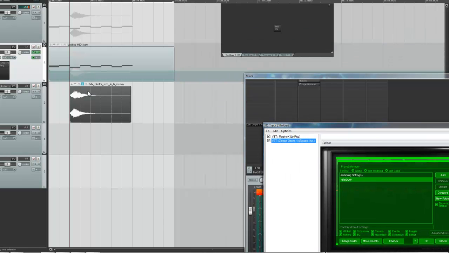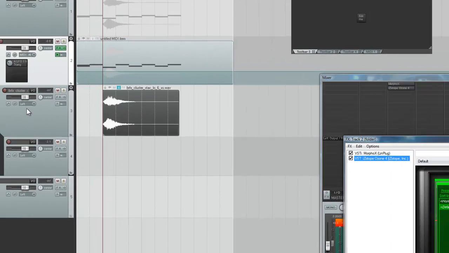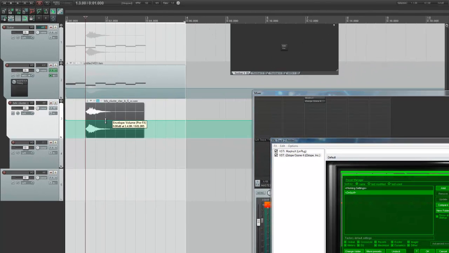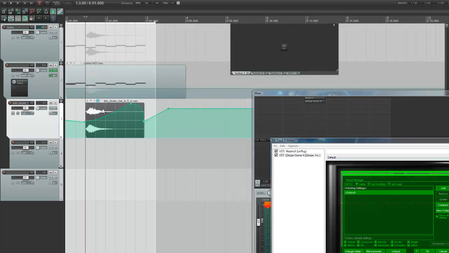If I want to modulate the volume on this, once again, I'll give you a basic example. I go to this, I click on volume, and I want to make sure that it's the pre-FX one, before it hits the mixer. Now you can see this little line here. I've configured it so that they appear on the track. It'll actually appear in a separate track below this. I'll just shift and click to create a point, and you can see that the wave actually changes. Really cool. I can make another point, and I can press Alt and change the tension on it. Just like FL Studio, a little different though. So I can create that, and now you can see I've got that here. If I play it back,